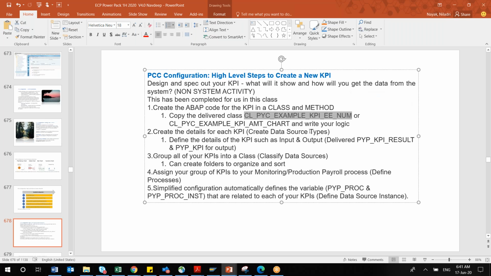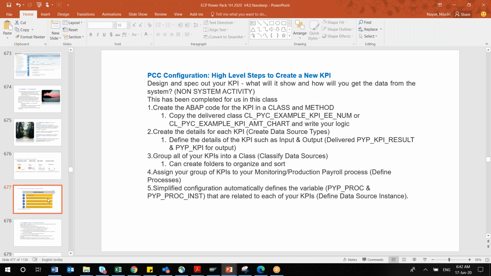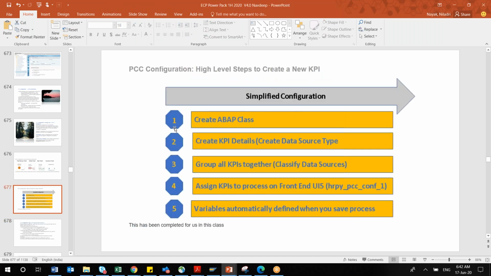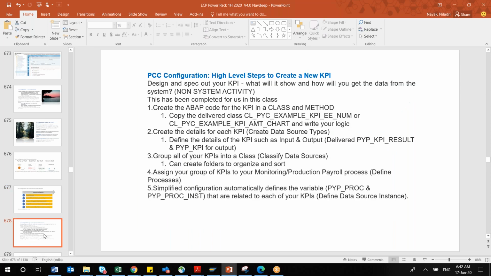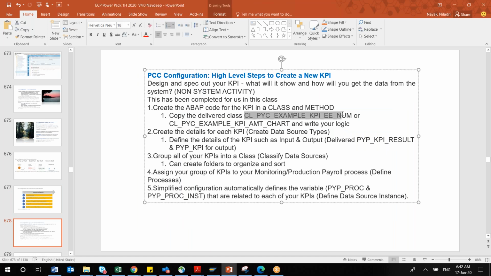Is there going to be a question on the exam on this technical stuff? Technical questions they will not be asking. They may ask these steps, the high-level steps. Technically, I have not seen any question coming from here. But you may be asked, because you may never know. Simply remember the delivered class, offered by SAP directly, and the standard program at least.